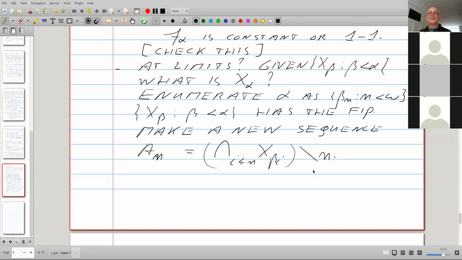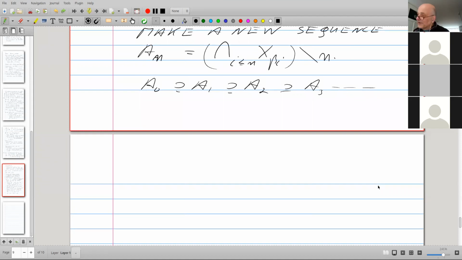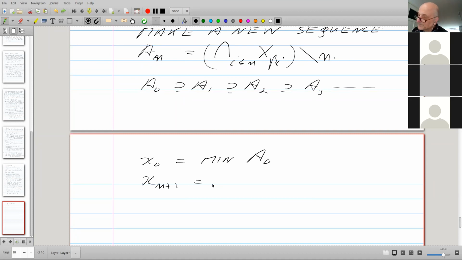We take the intersection of the first finitely many X beta i and throw away the first n natural numbers because we want the A_n to become decreasing and they get smaller eventually, and their full intersection is empty, of course. And what do we do? We take x0 to be the minimum of A0, and x_{n+1} is going to be the minimum of A_{n+1} minus all the x_i's we had so far.